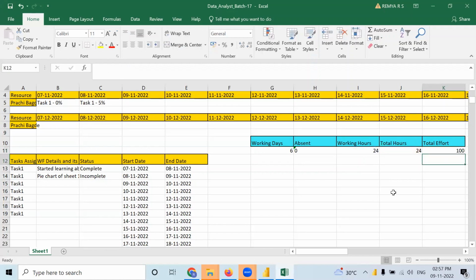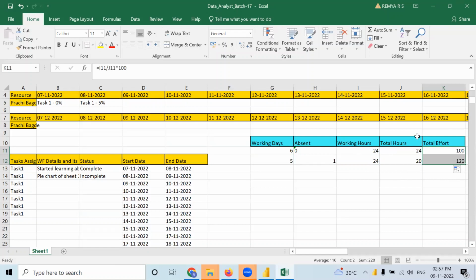Ma'am, it's the duration of 2 months. Total effort 100%, right? Yeah. Just put multiplied by 100 also. Okay. If somehow you were absent 1 day, write 5 over here and write 1 over here. Then the total working hour is always constant, that is 24. And since you were absent 1 day, that's why only 20. 5 into 4, 20. Okay. Now automatically here it should come like.